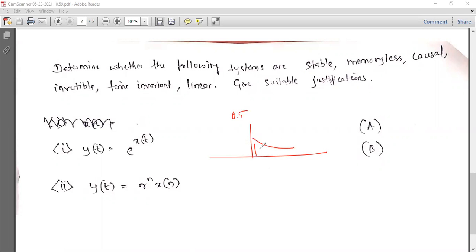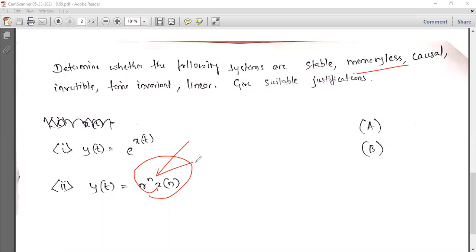Decaying on the right side, but growing on the left side. And for the other case, for R greater than 1, growing on the right side, decaying on the left side. So if I had given a u of n here, then maybe it would have been conditional. But no, missing u of n simply meant that this is going to go unstable because of the presence of n.